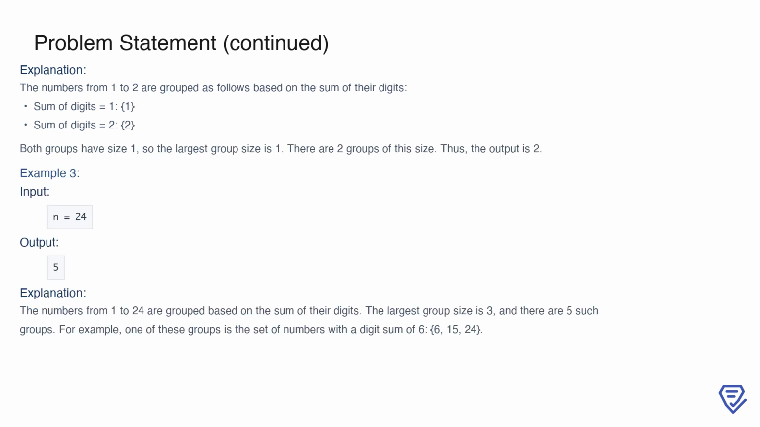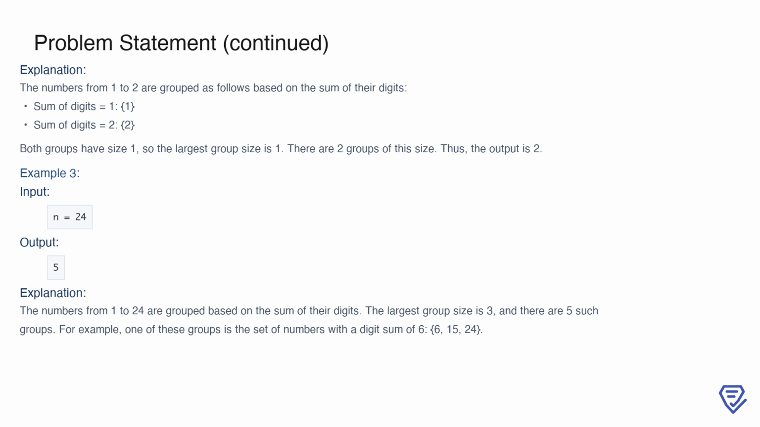Now let's examine a more detailed example where n equals 24. The numbers from 1 to 24 are grouped based on their digit sums. For instance, all numbers where the sum of their digits equals 6, such as 6, 15, and 24, form one group. Through this grouping process, we find that the largest group size is 3, and there are 5 groups of this size. This means there are 5 distinct digit sums that each correspond to a group of 3 numbers. Therefore, the output for n equals 24 is 5. The process of grouping numbers based on their digit sums and counting the largest groups remains consistent, regardless of the